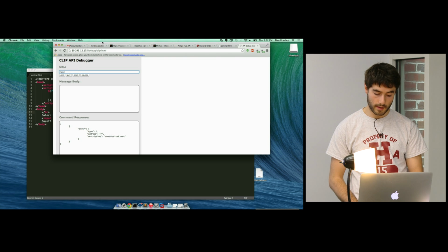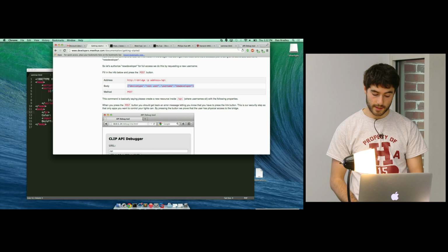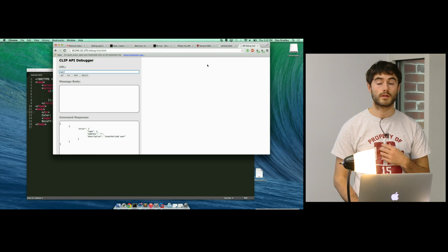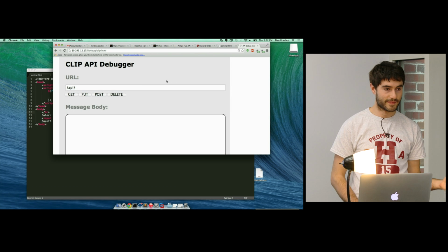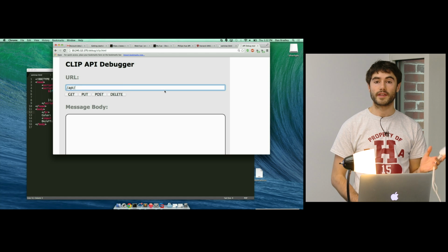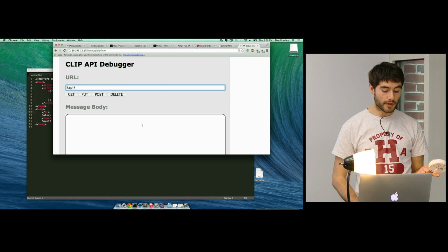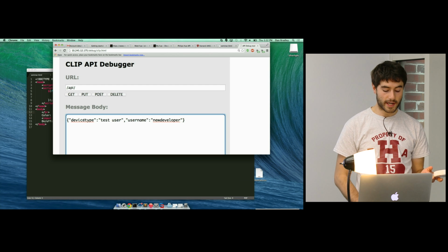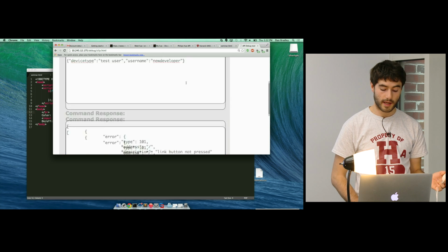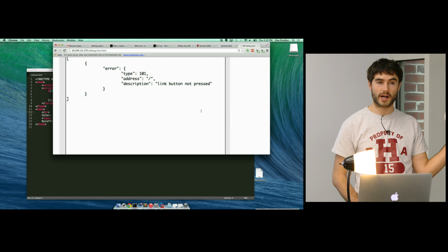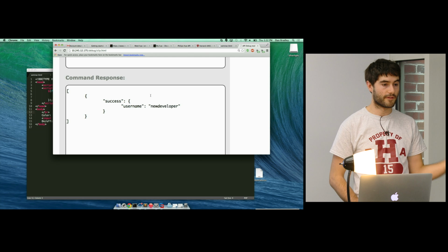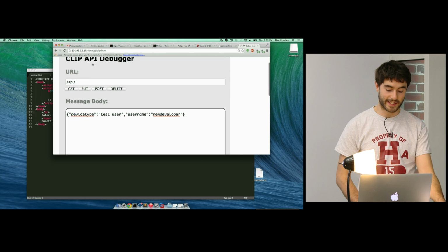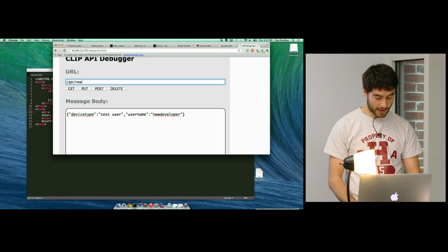So let's see if I have that exactly right. Yes, bridge IP address. Oh, yes, of course. Sorry about that. So it's actually visible, always handy. So to actually create a new user, we put in the message body, device type, test user, username, new developer, and we post this. Except this doesn't work because we haven't pressed the big button in the middle. So if we press the button in the middle and do that again, we have our new user in. It's very handy. OK, so now that we have our new developer,